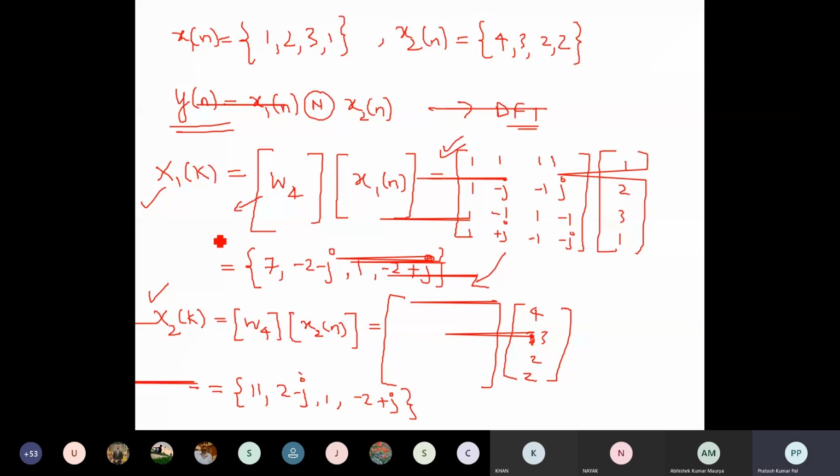So finally we need to find out the y of n. Y of n will be the circular convolution of these two signals, but we can find it by using the DFT method. So in the DFT method we have to find out the DFT of x1, x2, and then we will multiply these two DFTs. Okay, so x1 DFT is, x1k was given by